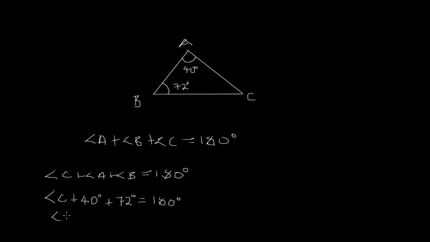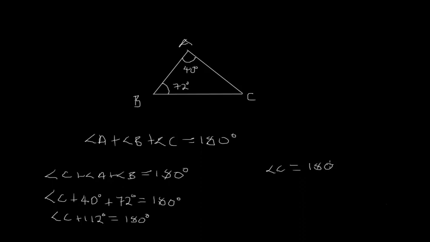So we've got angle C plus 112 equals 180 degrees. We can subtract 112 from either side of the equal sign, and we're going to have angle C is equal to